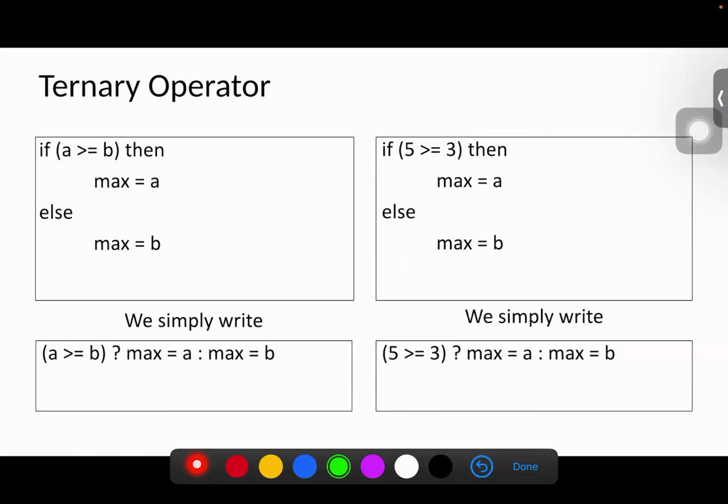Okay, another example. In this other example, let's identify the three important things we need to use the shorthand. Number one, we need the test condition. So remember the test condition. Number two, we need the statement for true. Number three,